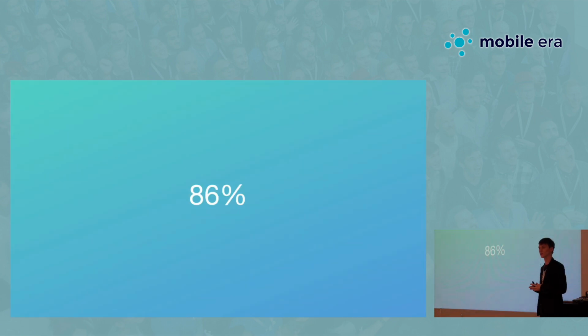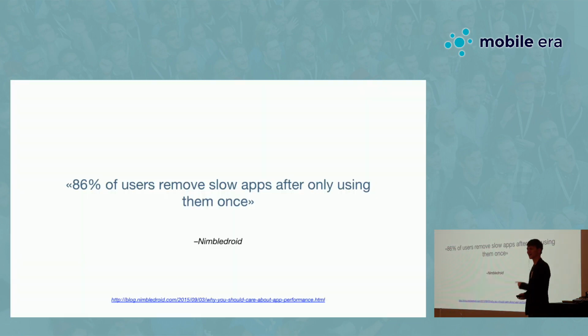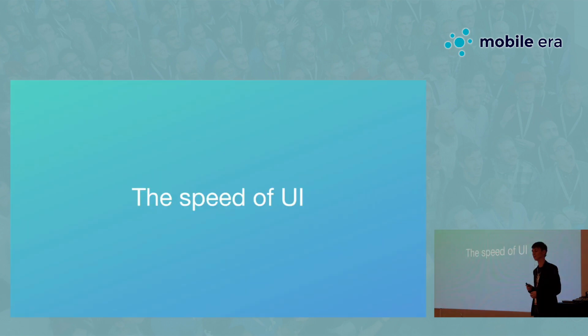And I'd like to start with this number, 86%. What do you think it's about? Okay, bad question, I mean, you don't know. And that's okay. And that actually is a pretty bad number. It shows that 86% of users remove slow apps right after the first install. I mean, they just tried it, understood that, oh, I don't like it, and removed it. Because of this, if your app behaves not so well, probably you're in trouble. And your retention is much lower than it could be.